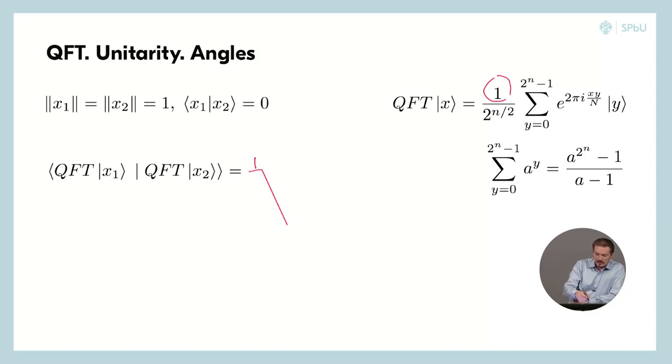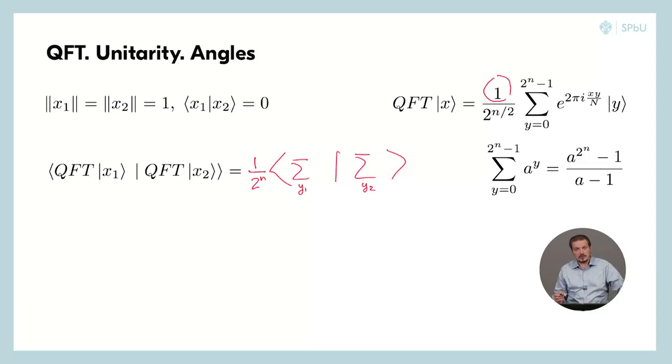Okay, we have 1 divided by 2 to the power n, and again the dot product of the sums over y1 and y2, and we already know that for different y1 and y2 the dot product is 0,